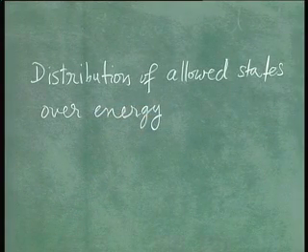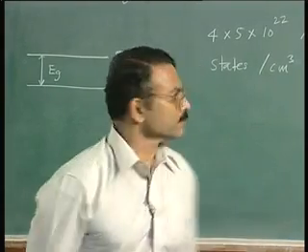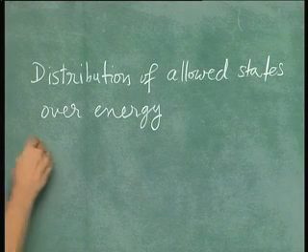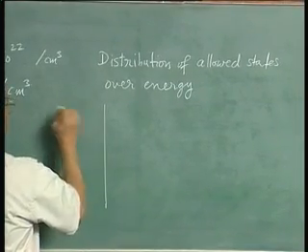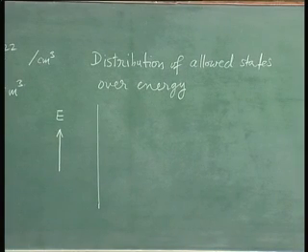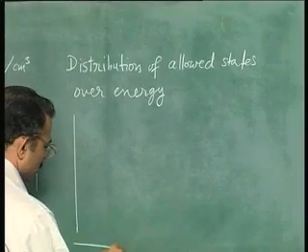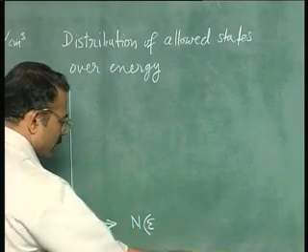We will just state the result from quantum mechanics. The allowed states are distributed as follows. If we take the y axis to indicate the allowed energies and the x axis to indicate the distribution of the states over energy,